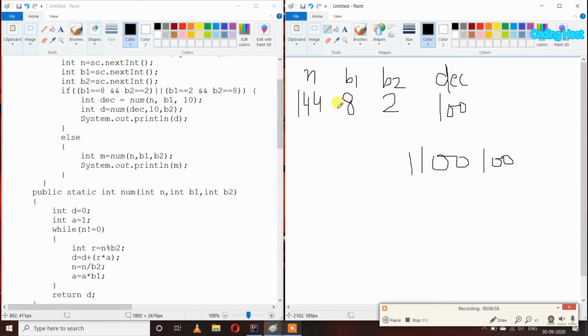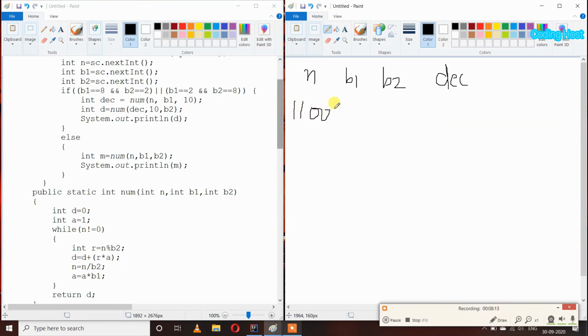I will store it in the d variable. So in the d variable we will get this binary number, and after that I will print this d variable output. We get 1100100.